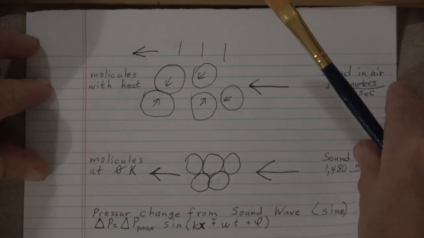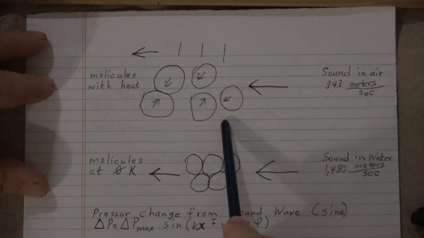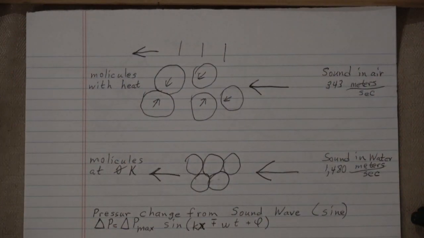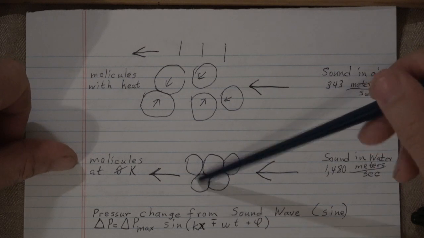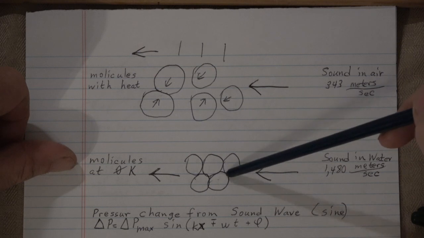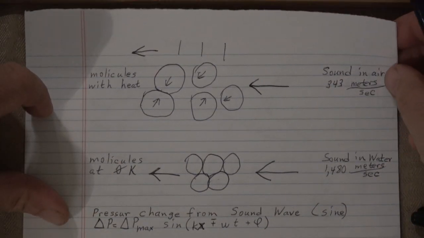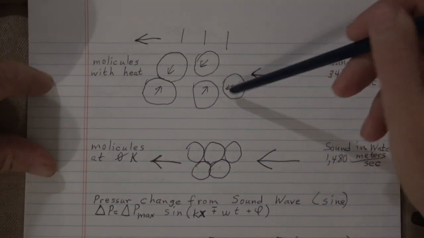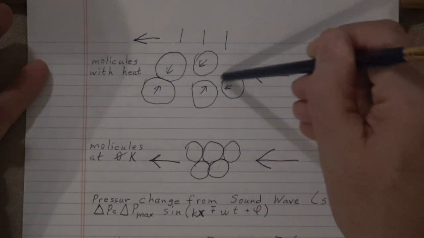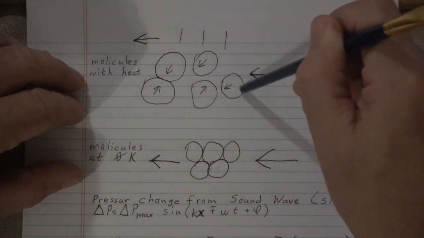So what we're looking at from a mechanical point of view is we have molecules in motion, and in air they are very much spread apart, but in water they're not. So if you're in water, the pressure in which that water is applied has a mathematical equation for that, even in air. So what we're doing is we're taking a molecule, and I'm using circles to represent either molecules or atoms, and as they bounce back and forth,